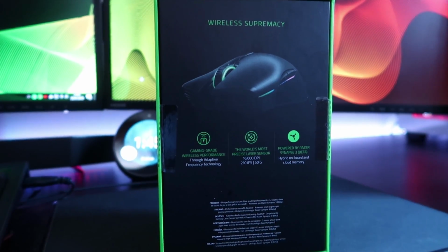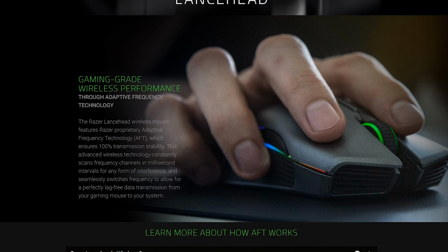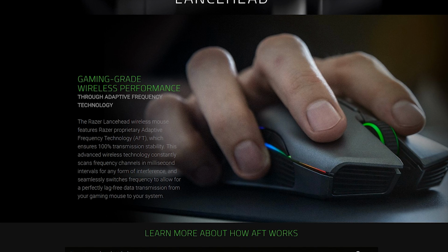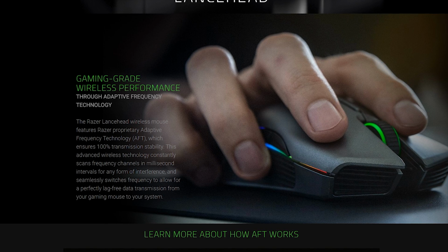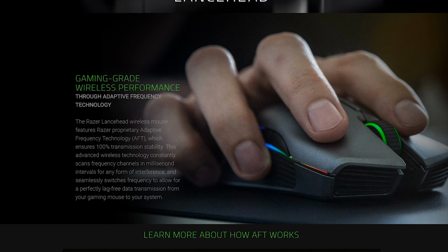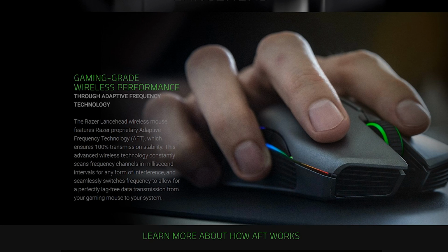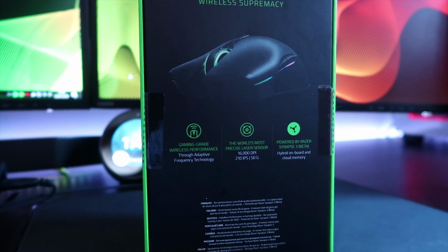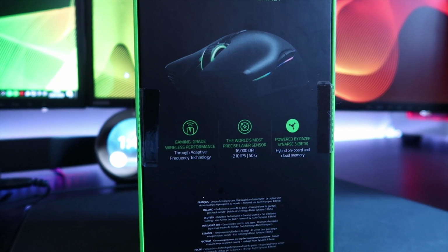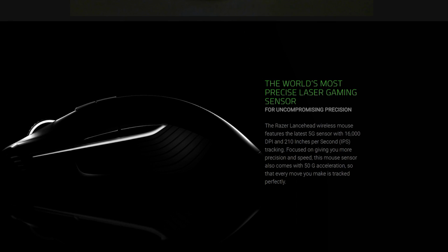On the back here we have gaming grade wireless performance through adaptive frequency technology to allow the mouse to switch between different frequency ranges. So there's no interference with the signal between the mouse and the receiver, which is always good. So there'll be no lag when you use your mouse, as it's very unlikely that anything will interfere with it. We also have the world's most precise laser sensor right here, 16,000 dpi, 210 IPS, 50G, and this